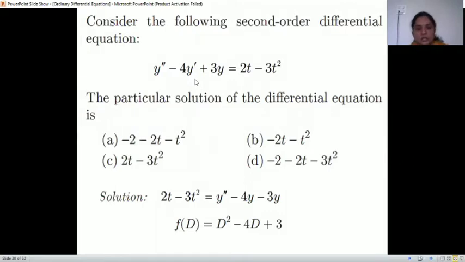How to solve it? This is a polynomial. So we have to take 3 common from the denominator, right? So it will be 1 plus (D square minus 4D) by 3, and after that take it to the numerator with inverse, and then use the 1 plus x inverse formula, 1 minus x plus x square, and we are writing up to the square term only, as 2t minus 3t square is there, right? And then try to open it, try to write the square of the term, and then finally tell me the answer.